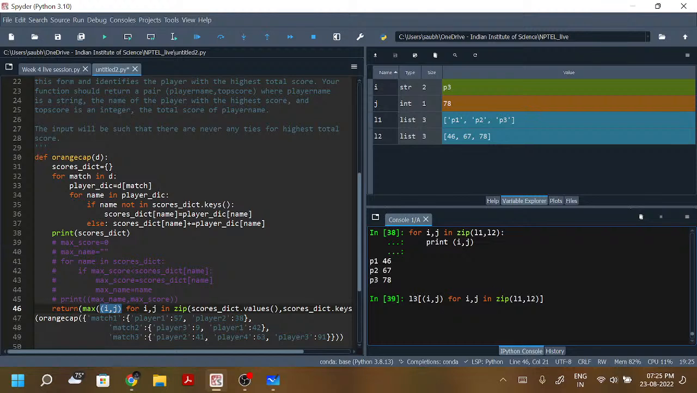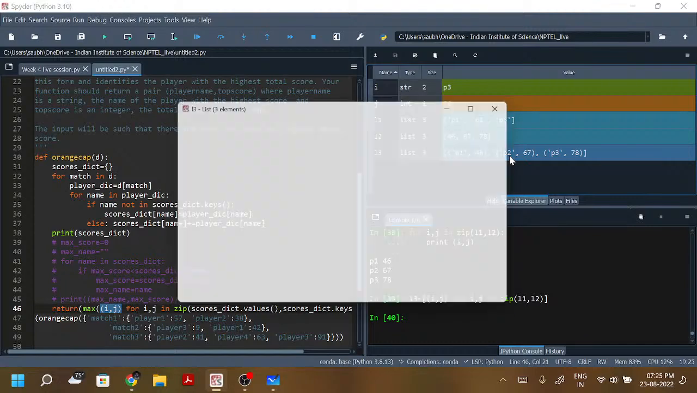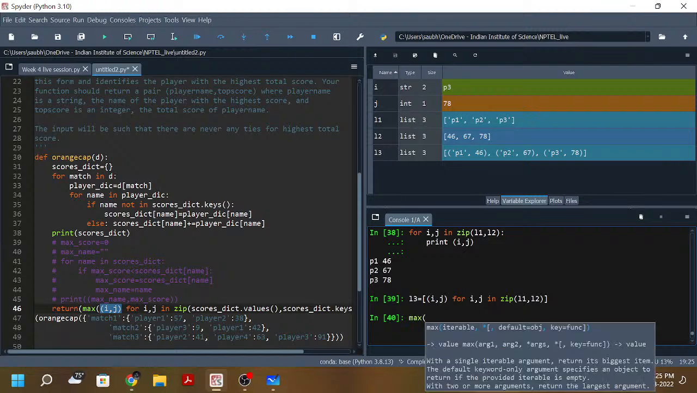So let me go to this L3. You can see the elements of the L3, it's a tuple. Now, max is a very interesting thing. It works on all the tuples. So max of, say, a tuple,